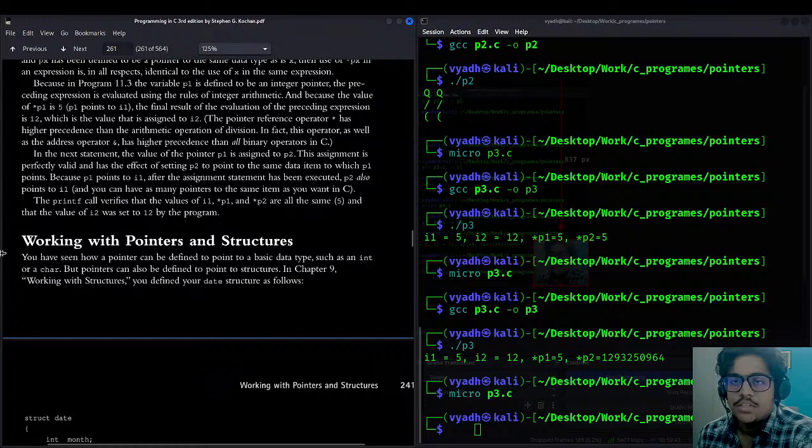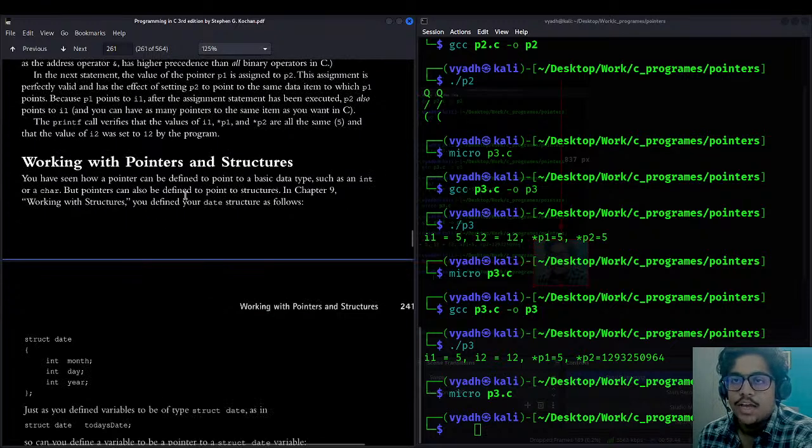a basic data type such as an integer or character, but pointers can be... So what happened is P1, the numeric value of the address, got the I1 value added to it. So P2 now points to a cell which has no value stored. Yes, exactly. But in the case where P2 is equal to P1 plus I1, they are treating the whole expression as an integer. So now they are directly indicating the address node of the particular variable.